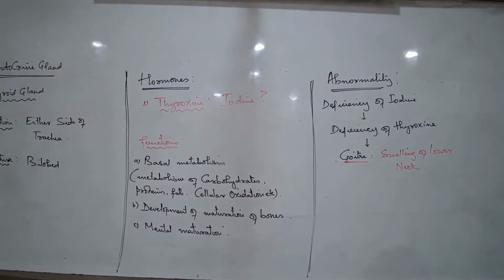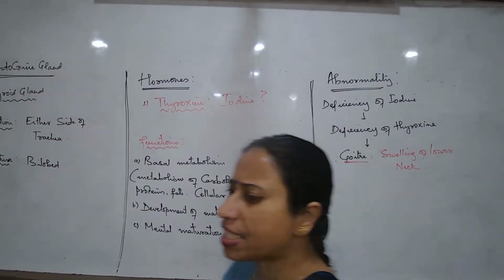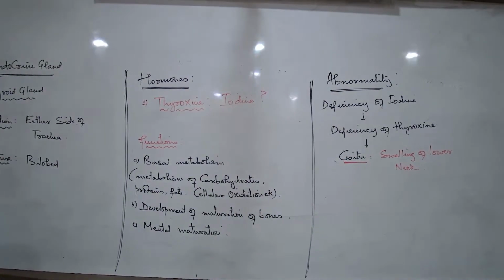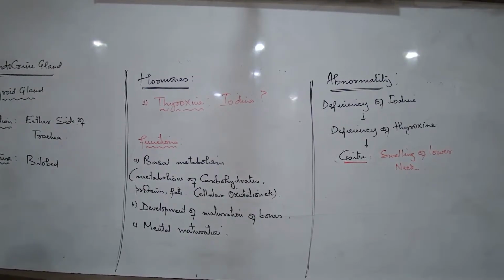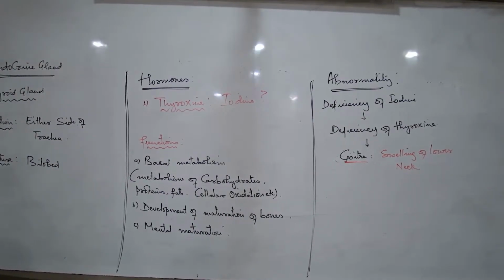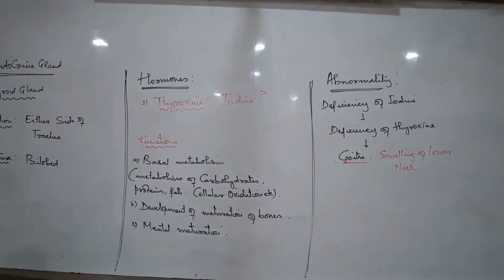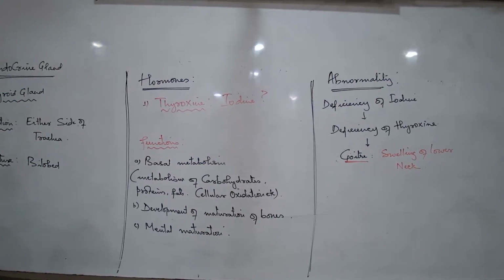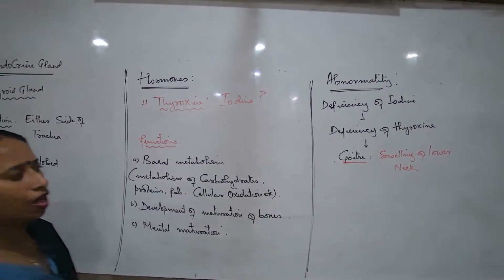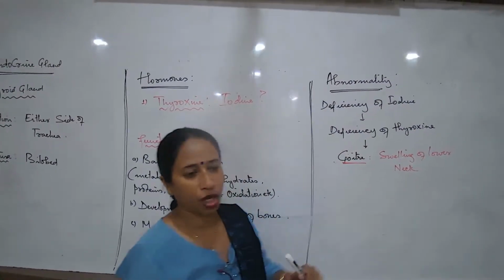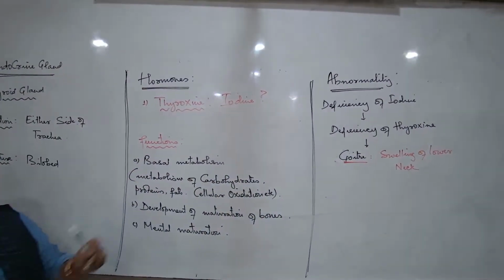Now, these are conditions not very serious if early diagnosis is done. Then intake of iodine and proper diagnosis can minimize but not cure absolutely. Whenever we talk about any disorder associated with hormones, that can only be subsided to a certain extent, not absolutely cured. But still, out of all the other disorders, this condition, simple goiter, is comparatively less dangerous or less fatal. There are so many other disorders also, but right now, as per your portion, we are talking about only goiter. So about the thyroid gland, what is the role of iodine?